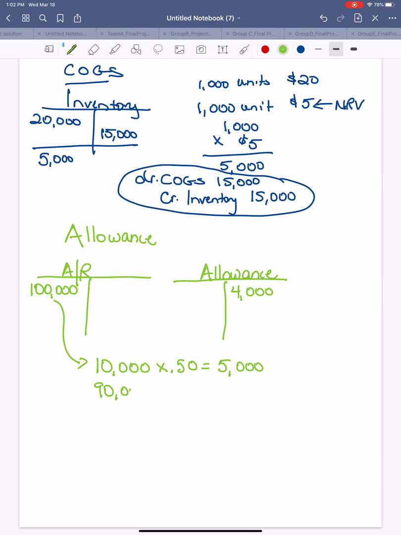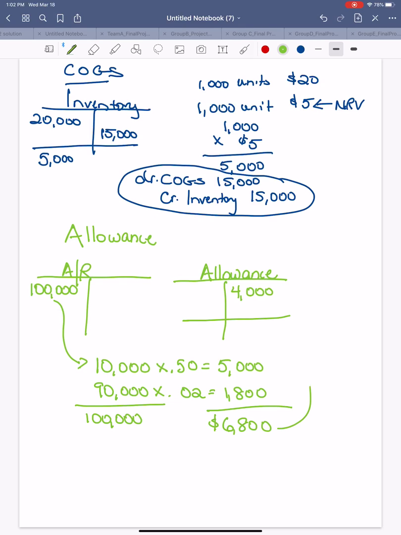The rest, which is $90,000, right? Because I've still got to look at the whole 100,000. That we believe will only lose 2%. So that's $1,800. So that means my total allowance, the 5,000 plus the 1,800, should be 6,800. All right, so remember, now we've got this step to say, okay, that's what the balance needs to be,